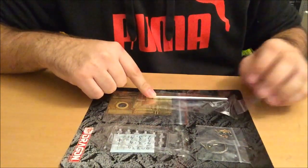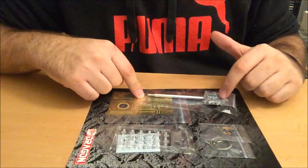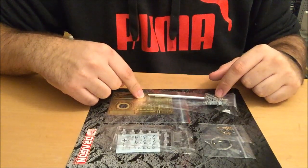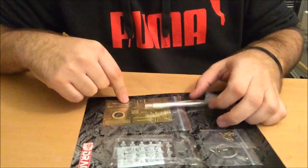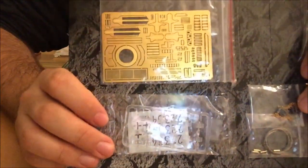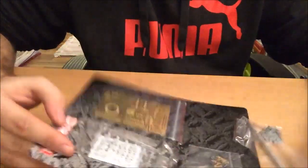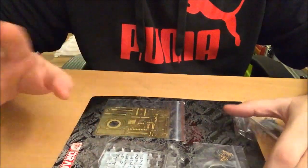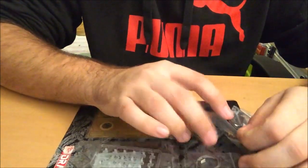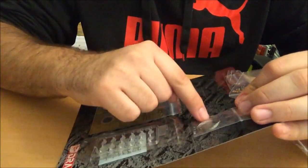Like I said, metal barrel, which is huge because it's a big 88 gun on that thing. Magic track spare track links for the spare track rack. A substantial amount of PE here. That's a really nice sized PE sheet with some PE for the cupola, for the bracketing, and all sorts of stuff. Like I said, the little piece of chain and the U-hooks, the U-hook pins, and the towing cable,